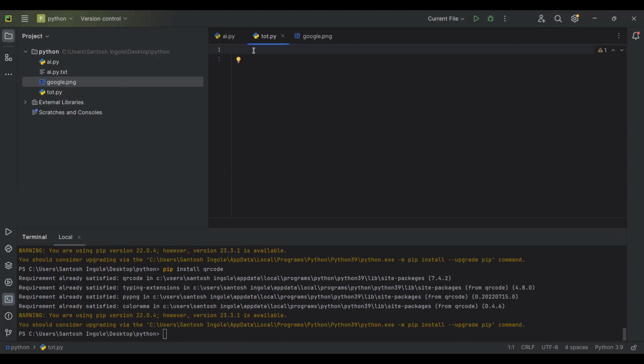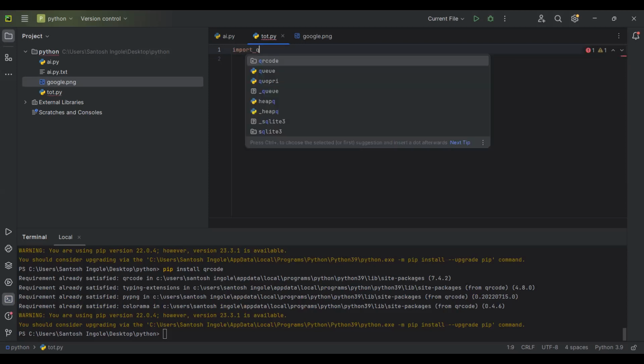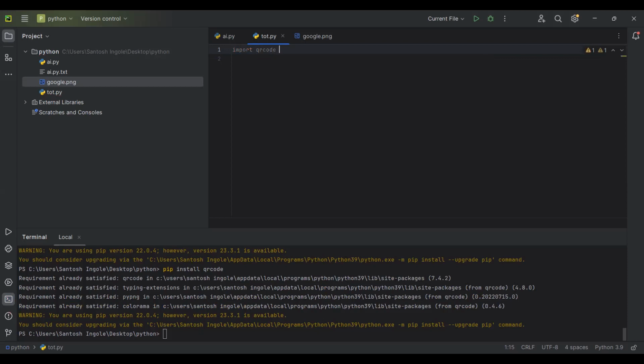Now you have to import that module. Import qrcode. Next, I am assigning a short name for my qrcode. For example, import qrcode as. So I assign a short name for my qrcode module as qr. Next, assign one variable; any variable name you can assign here. For example, I am assigning the variable name called img. So img is equal to